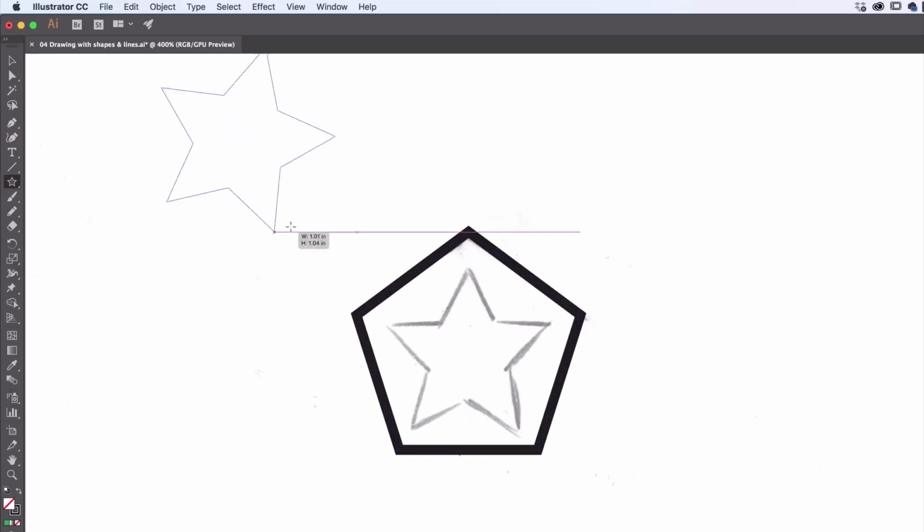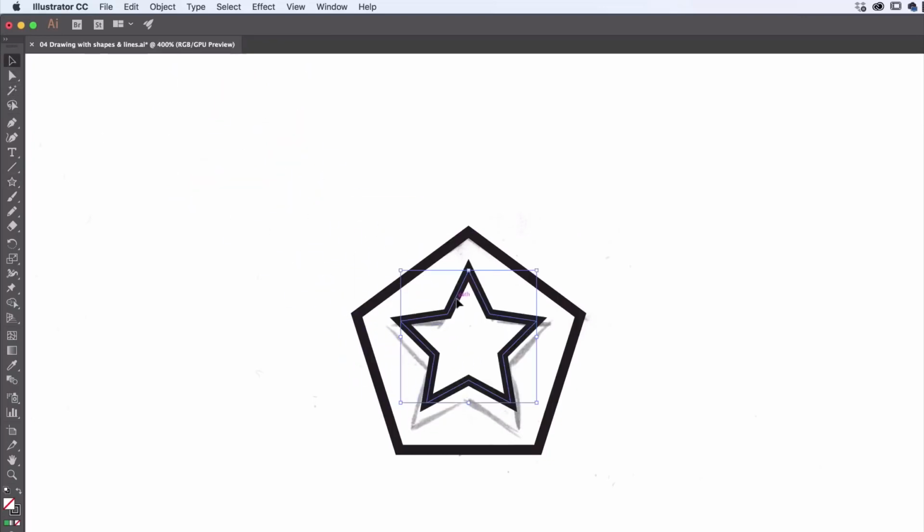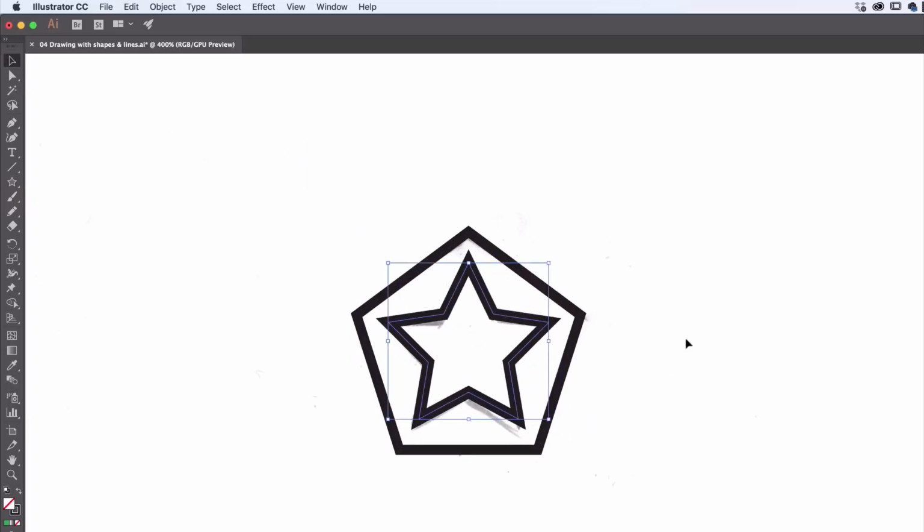Now to lock it into like a perfect kind of horizontal and vertical, hold Shift. Remember that magical tool. When in doubt, probably hold down Shift. Grab the black arrow, click, hold and drag, get it close, hold down Shift, grab one of the corners, drag it out. We're getting good at this, right? All right, what I'd like to do is make sure that it will try its very best to align these perfectly. Okay, if you're like, I know it's not aligned perfectly, so what you can do is select both of them. Remember our trick, have the star selected. Which key do you hold down? That's right, Shift key. Click the center of this